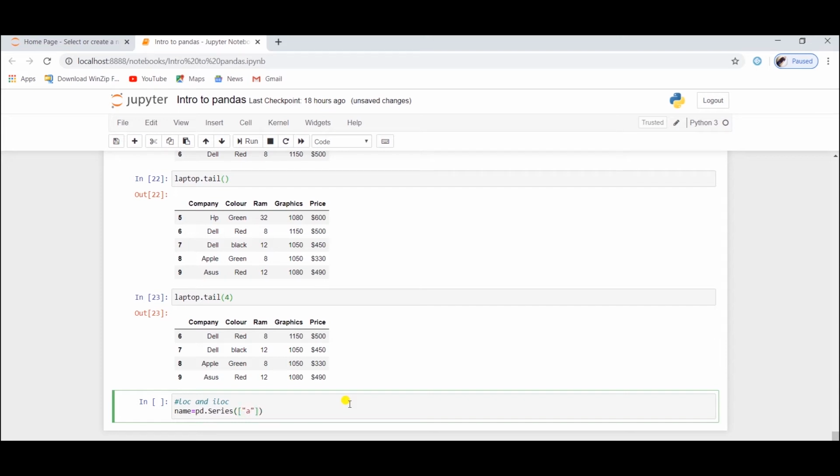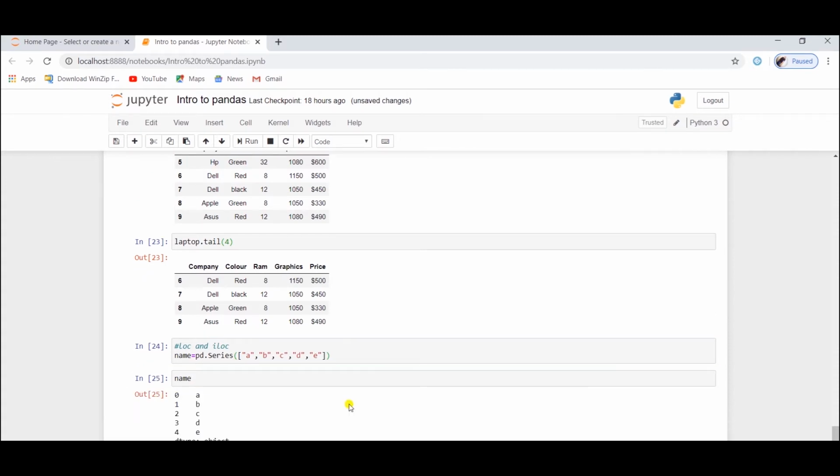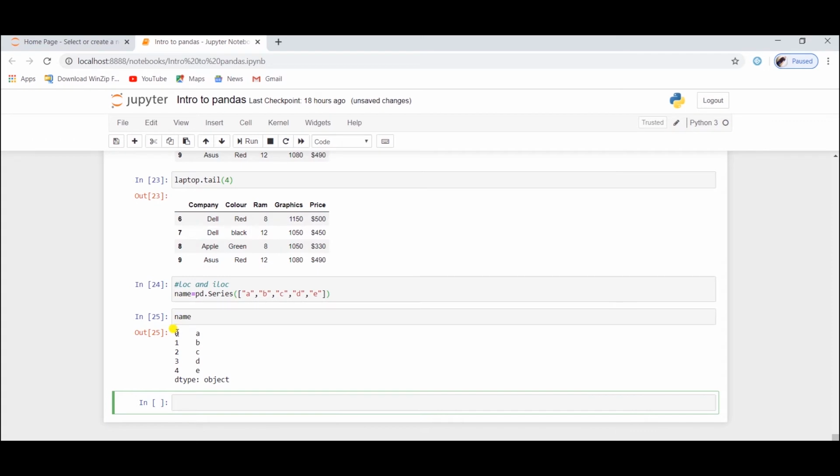So let's type. Okay, it's almost done now. Now let's print the name and see what's in there. You can see index and value there.